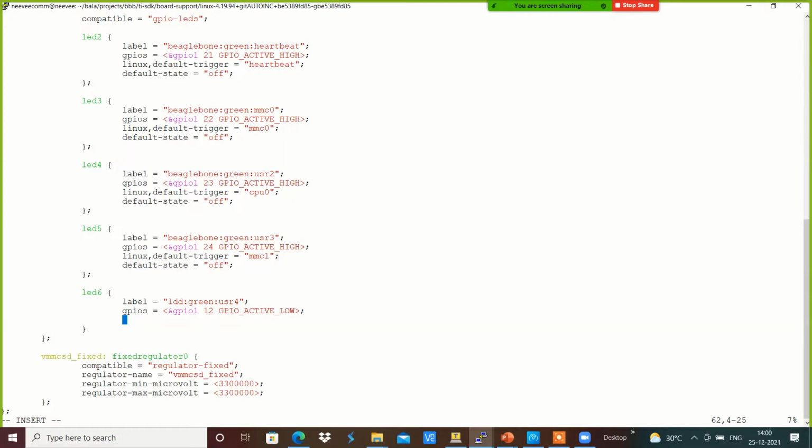Maybe I'm going to use linux,default-trigger. I'm going to provide the default trigger as cpu0, and the default state will be off.